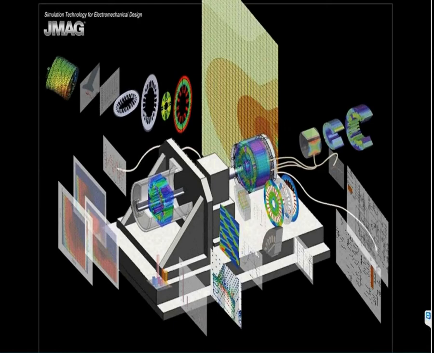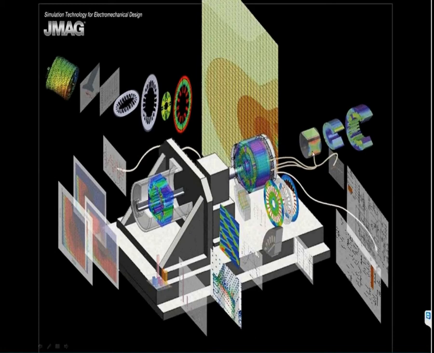This is a slide that I usually like to show. It gives an overview of the thrust of JMAG, which is to emulate a virtual test bench. So any measurement that you would take on a test bench, we want to be able to replicate in software. But we also want to go beyond just that measurement data and provide more insight on what's actually occurring inside the machine. So things like torque versus speed or losses or sound pressure are things that we can measure, but